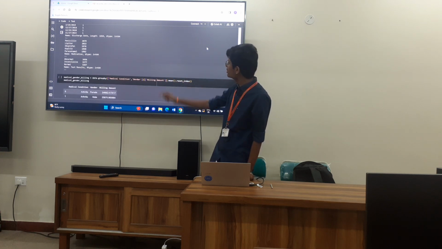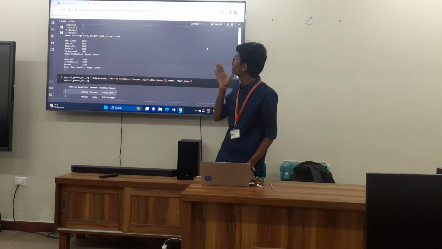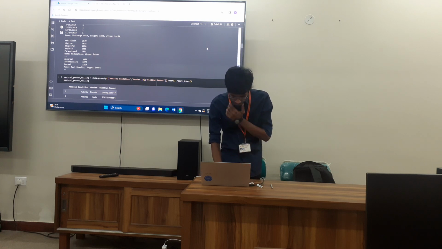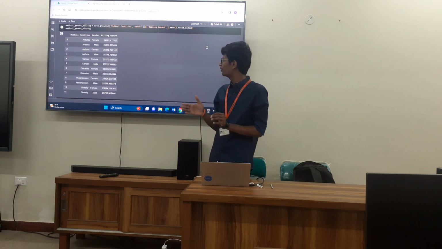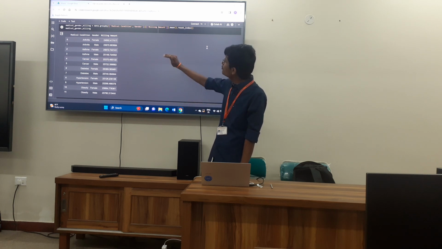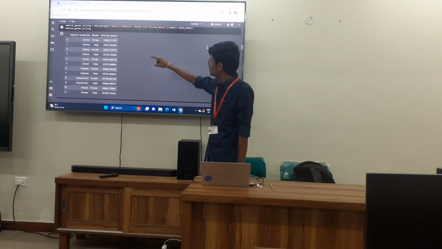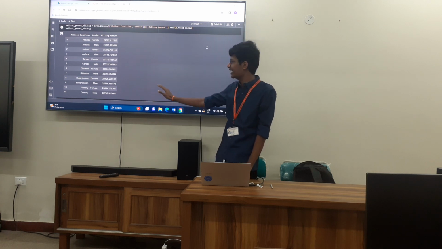So these are the test results. There are 3,456 abnormal cases, and the normal cases are around 3,267. This is the data analysis of the average billing amount of each medical condition. For example, the average billing amount in the female sector of arthritis is around 24,692 rupees. So arthritis female, arthritis male, it is categorized like this.